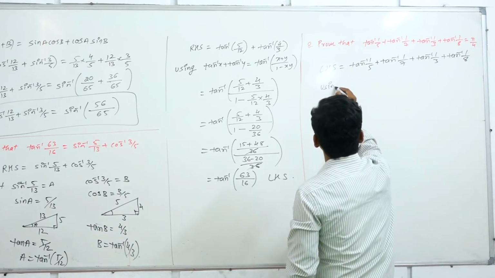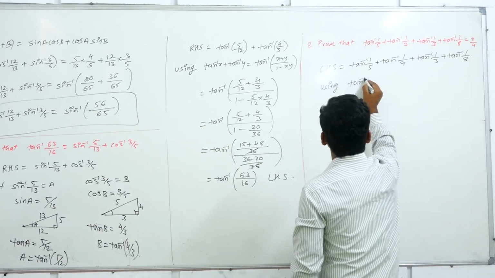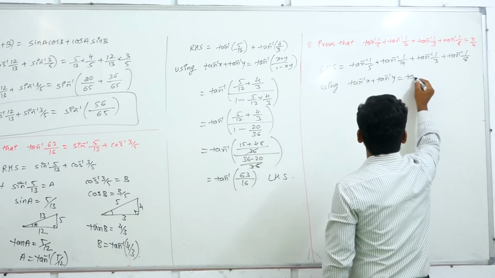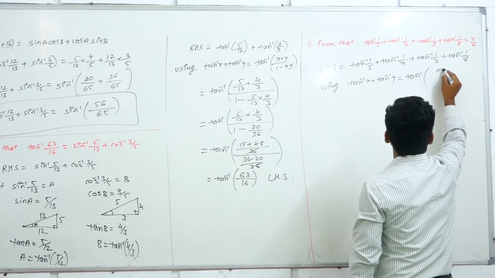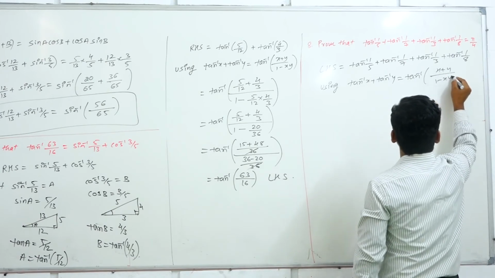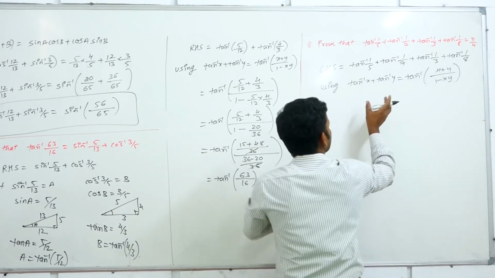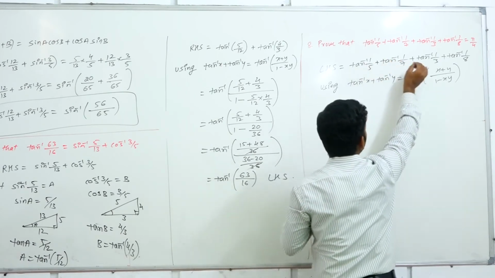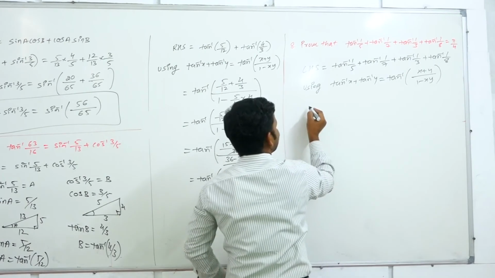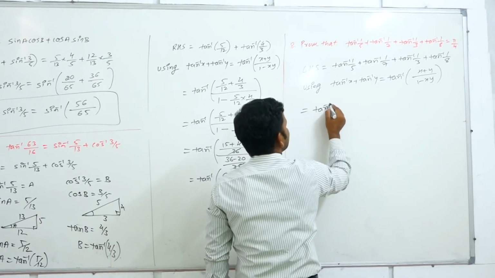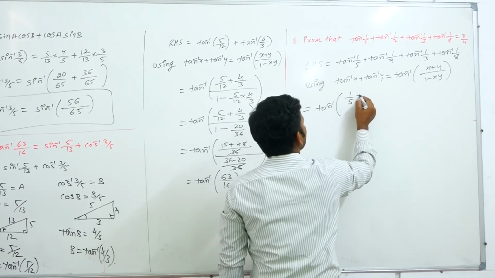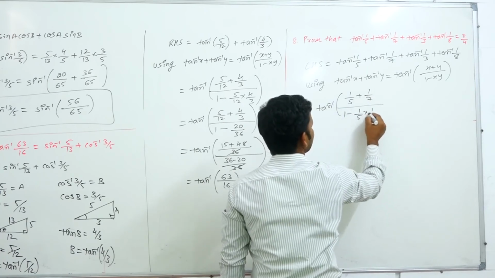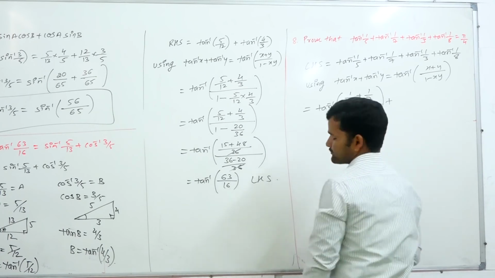Here we will use the formula: tan inverse of x plus tan inverse of y is equal to tan inverse of x plus y by 1 minus x into y. This formula we will use between the first two terms once, and the next two terms a second time. This is tan inverse of 1 by 5 plus 1 by 7 by 1 minus of 1 by 5 into 1 by 7, plus of